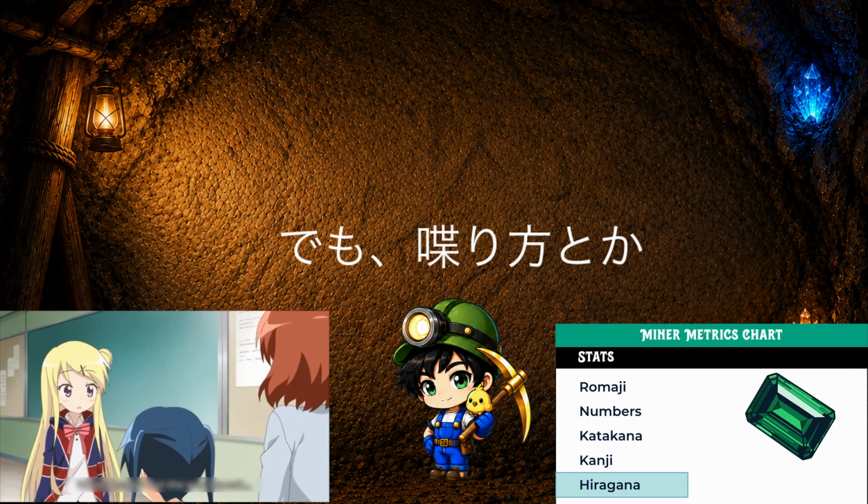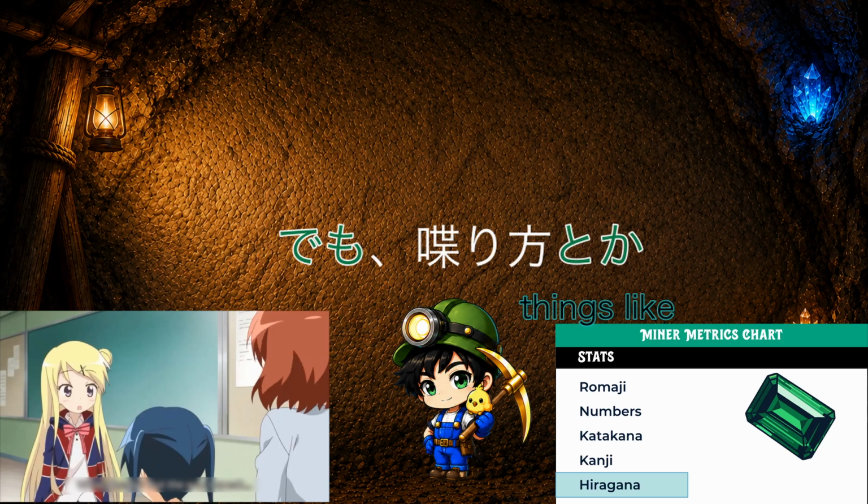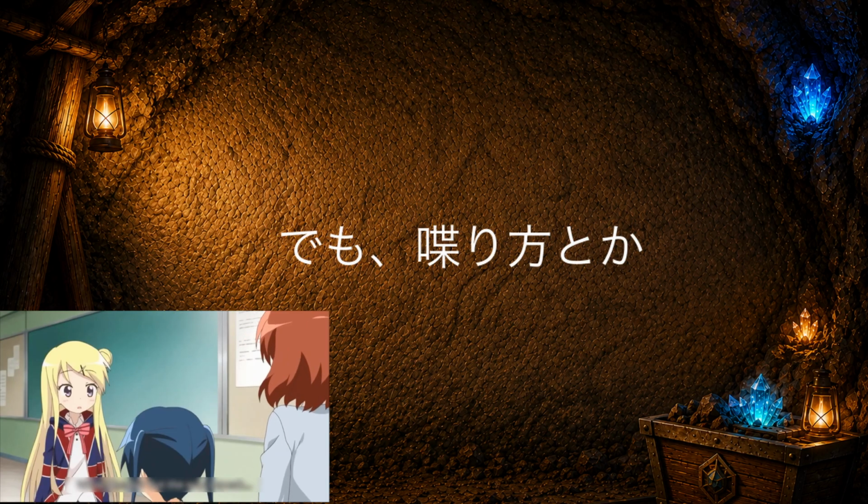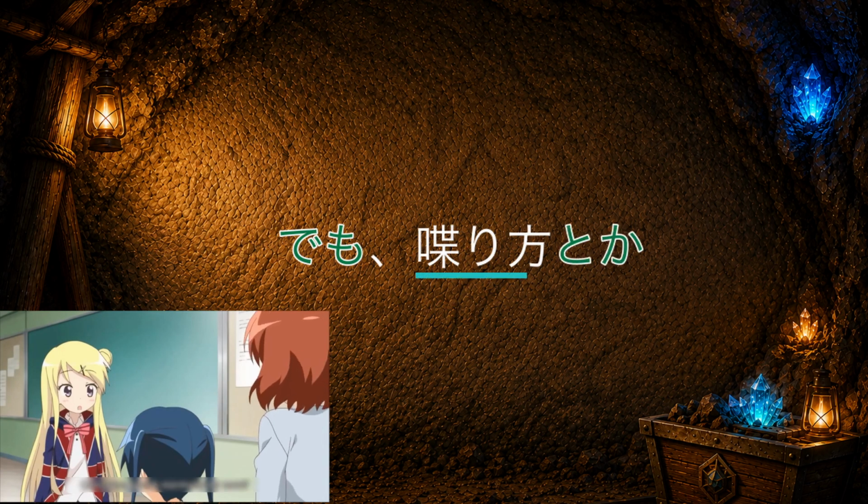Hiragana? Yes. What types of words and particles? There's demo, which we know is but, and maybe toka if you are more advanced than N5. Toka is similar to the ya particle for making lists, including things like blah blah blah. Putting it together, we get but things like speaking. Karen sounds like she's unsure or maybe not confident about something. That's something relating to Japan. Possibly something to do with her being a foreigner? Or even more specific, maybe something related to her speech style?